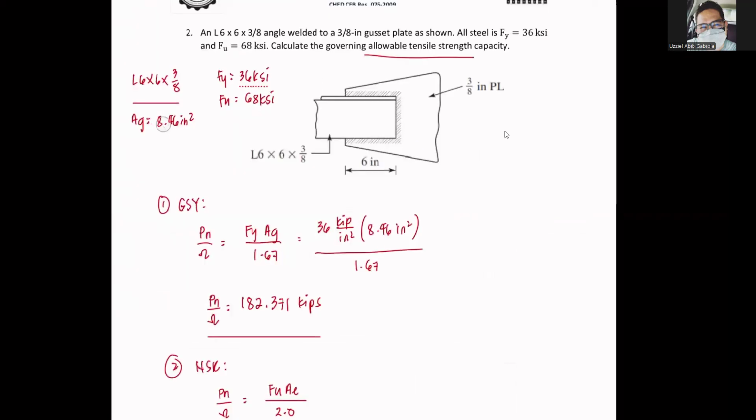So this is 4.38. Definitely our capacity will adjust also. So that is 4.38. So 36 times 4.38 divided by 1.67,